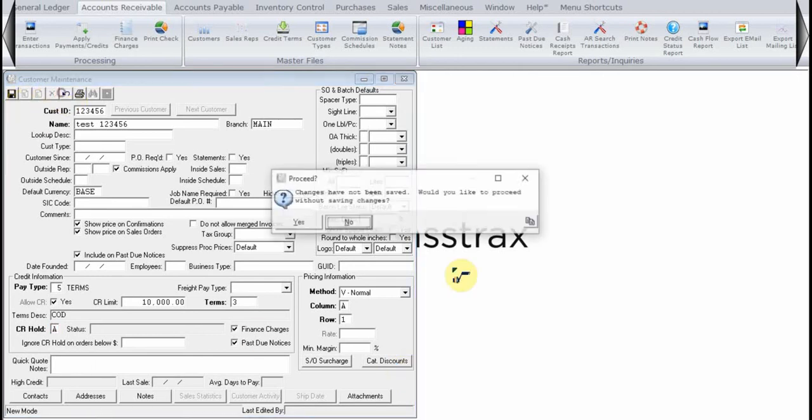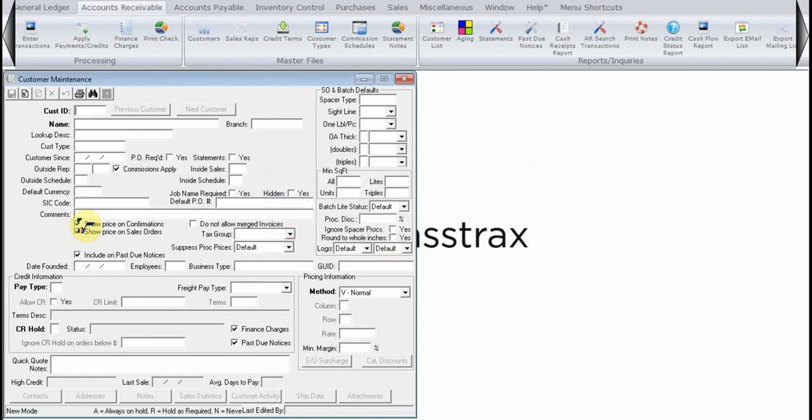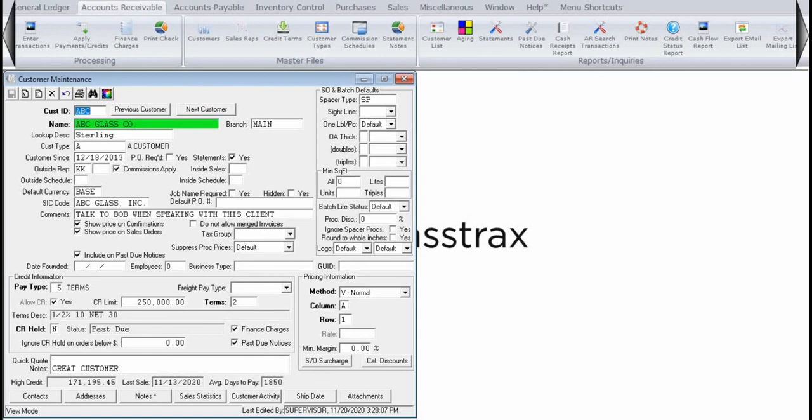Now finally, the last thing I'm going to show you is how to delete a customer. Now, let me put a huge disclaimer on this. If you are going to delete a customer, the only really appropriate time to delete a customer is to do that right after you've created them. And the reason being is because if you've got any records tied to this customer ID, so for example, let's say you've got a specific price tied to this customer ID, or maybe an order or an